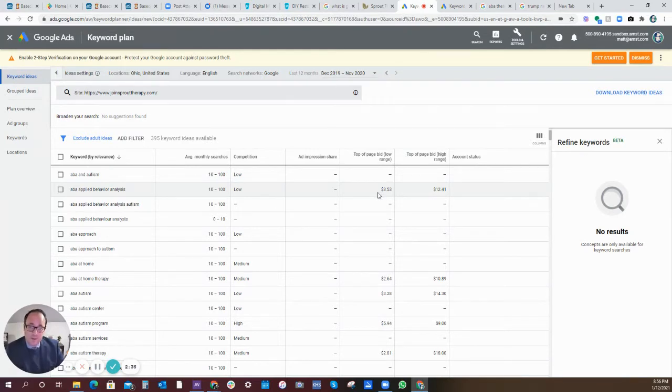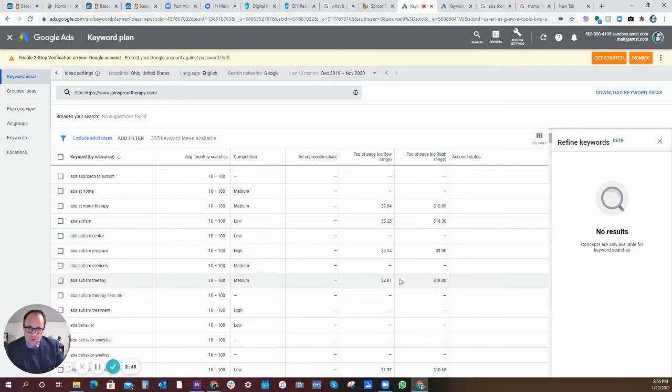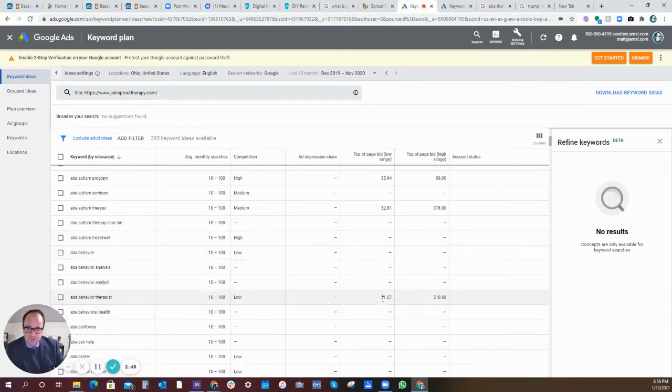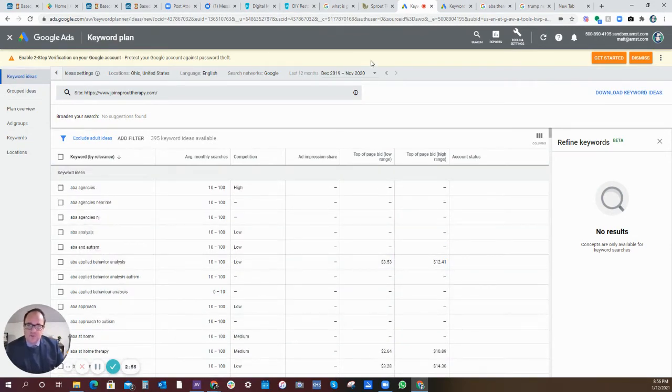If we were to do a pay-per-click ad campaign, and again, that's completely optional, your pay-per-click rate is anywhere from 264 to almost 594. I see one that's 157, ABA behavior therapist. So that gives you an idea. Every time someone clicks on a link on an ad, it's spending that much of your budget per month until your budget gets depleted, and then you go back to where you're ranking organically, which is why SEO and continued SEO tasks are so important for your organic ranking.